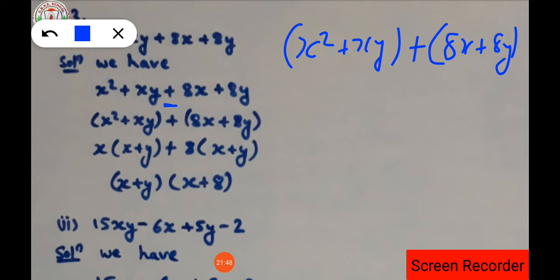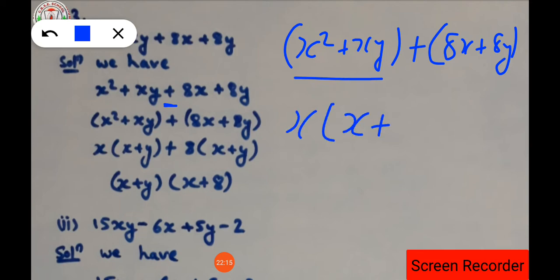मीन्स ऐसे टर्म को आपको पेयर बनाना है जिसमें से ईजिली आपको कॉमन टर्म्स बाहर निकाल पाओ, ठीक है? अब यहाँ पर जैसे एक्स स्क्वायर और 8x है, इसमें नंबर को 8 कॉमन, 8 का कोई भी फैक्टर्स कॉमन नहीं निकलेगा, इसलिए उसको हम पेयर नहीं बनाएंगे, ठीक है? तो ऐसे नंबर्स को पेयर बनाना जिससे हम इजीली फैक्टर्स को बाहर निकाल पाए. सो यहाँ पर कैन बी टेकन x एज अ कॉमन.